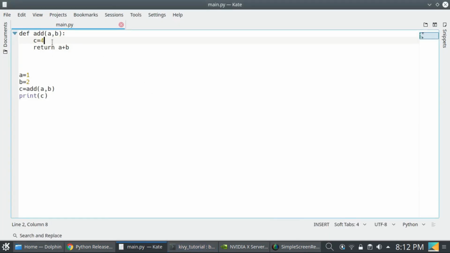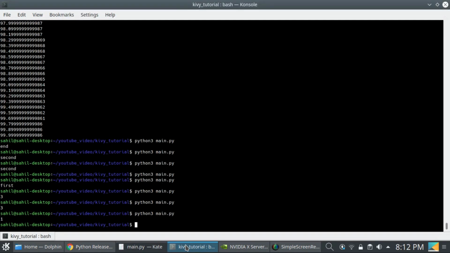Okay, so a function definition can have optional variables. You can use optional variables, say a equal to 1, b equal to 0. You can provide a and b, or you can skip them. By default you have defined some value. Here you can see a equal to 1, b equal to 2, so you can use it like this, or you